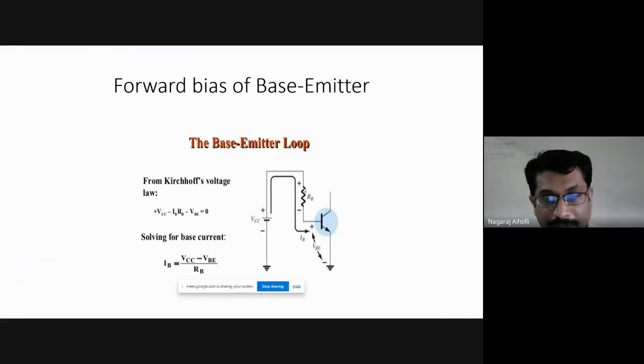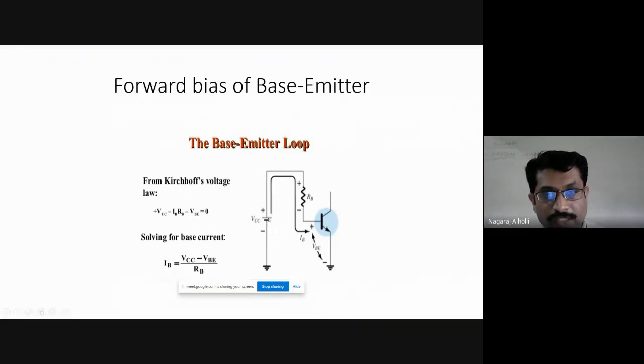See here, if I take it clockwise, this is negative to positive. Let us write the equation: VCC. Then current is flowing here. Current entering is positive and current leaving is negative. Wherever the current enters, it should be taken as positive, and wherever the current leaves, it should be taken as negative. So here also current entering is positive, and current leaving is negative, VBE. Now we have to write the KVL equation for this input loop. If I write the KVL equation for this input loop, what will we get?